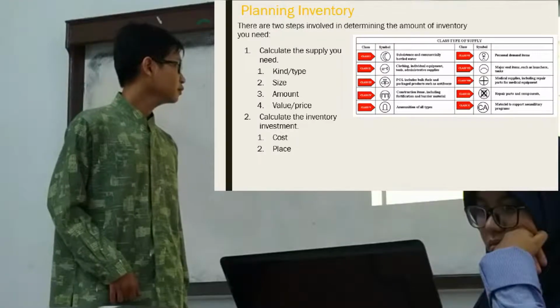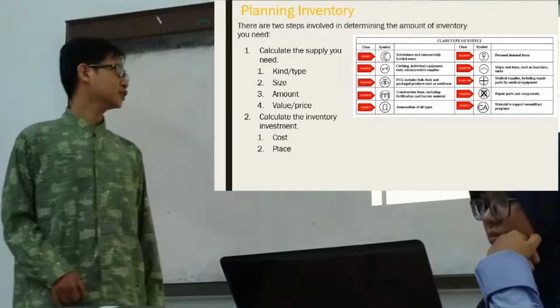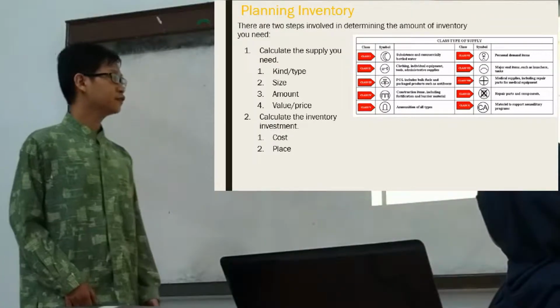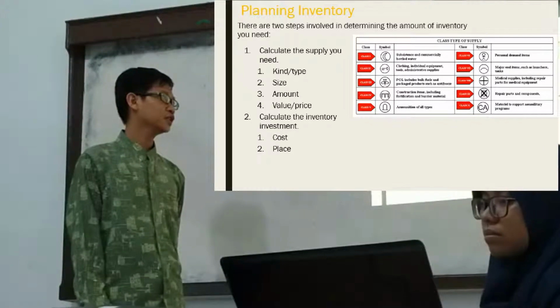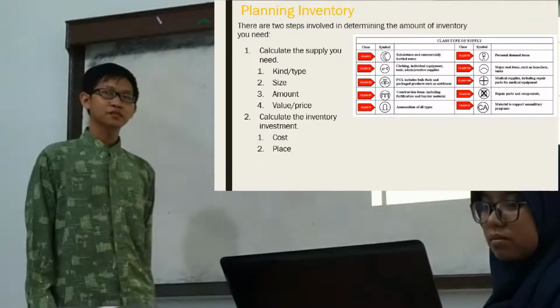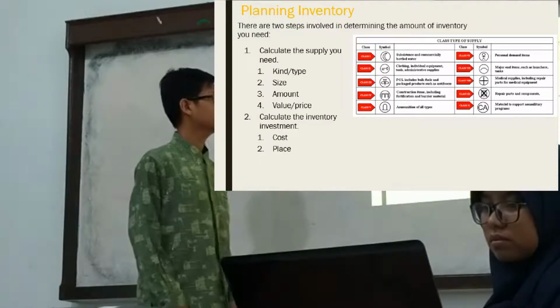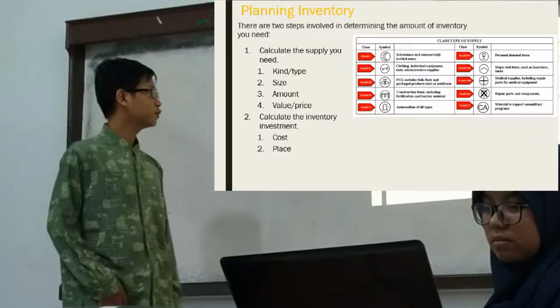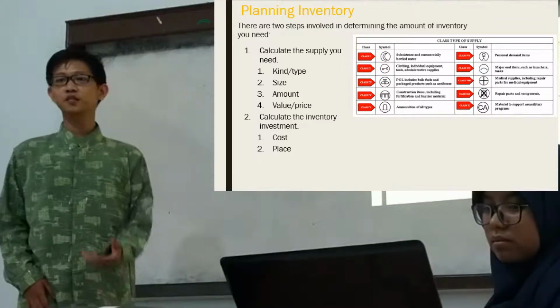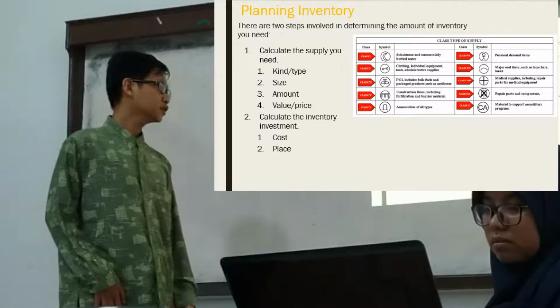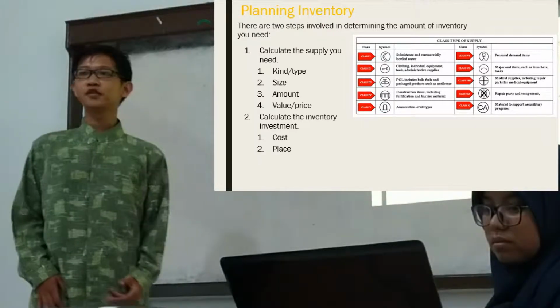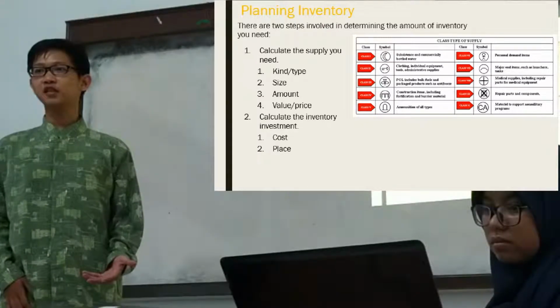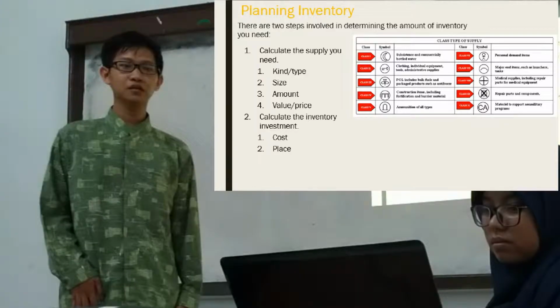Next. The next is calculate the inventory investment. The first is the cost, but this is not the same as the price. The cost is the cost for inventory, and the price is the price for the product. And the place, the geography, the environmental factor, and so on. Next,